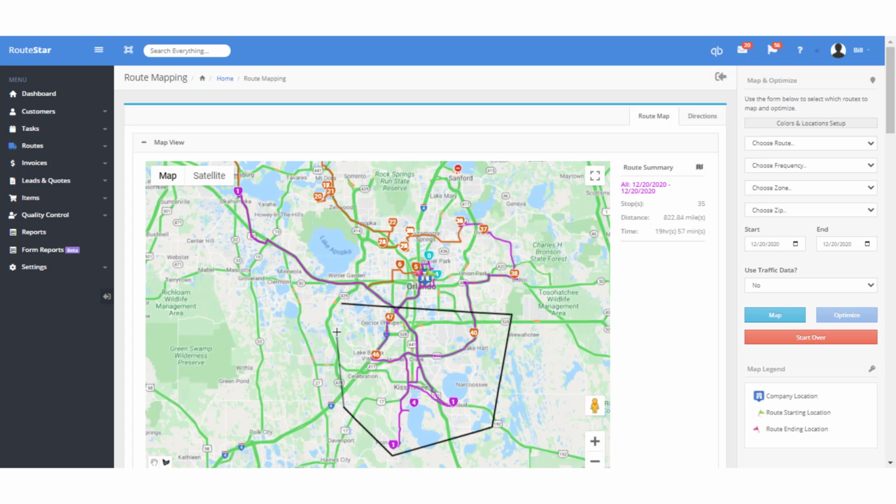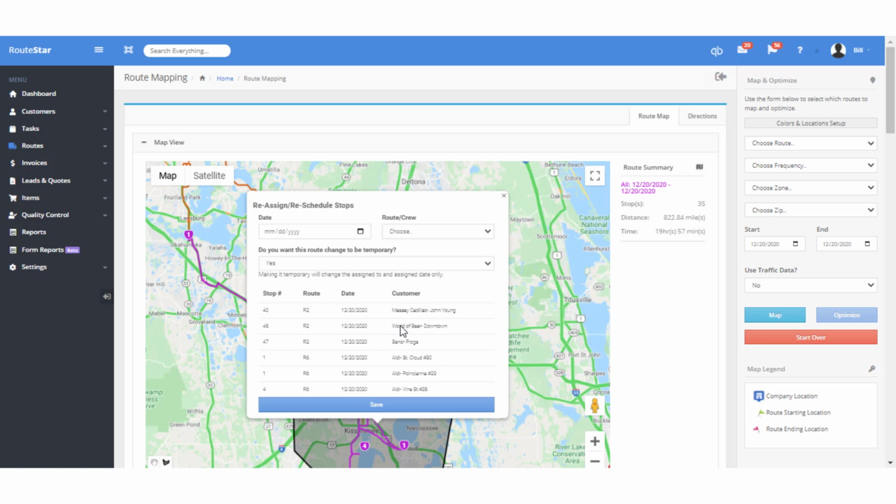And as soon as I close this box, I'm going to be presented with some options. I can reassign permanently or temporarily all these stops to one route. This is great if you have a lot of stops and you want to quadrant off your area. I can look at how my routes are right now and then reassign them based on the most logical methodology